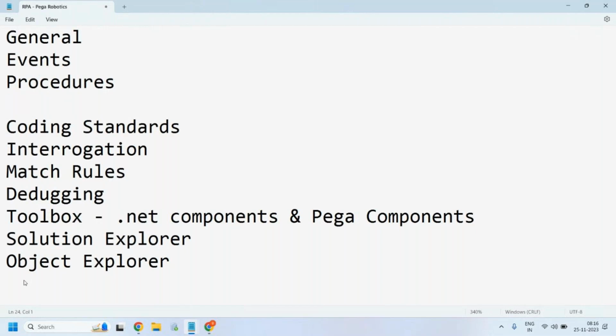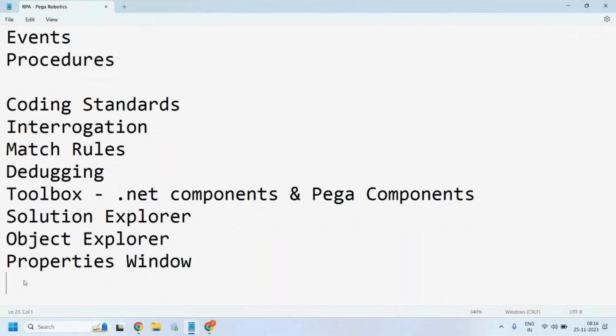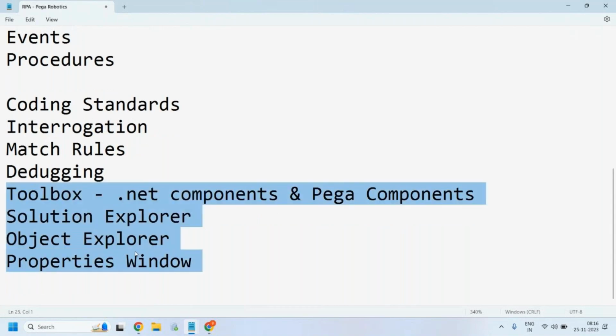The toolbox also has a property window. These are the basic tools we'll come across while developing the solution, and each one has a specific role